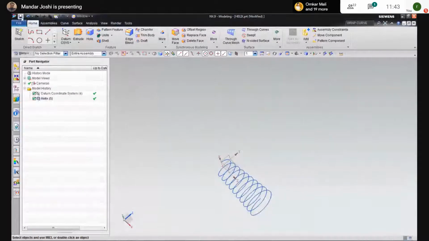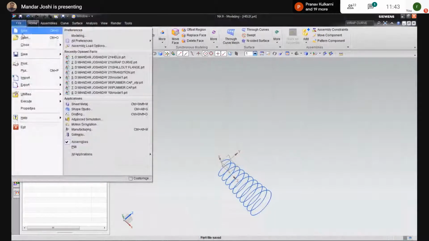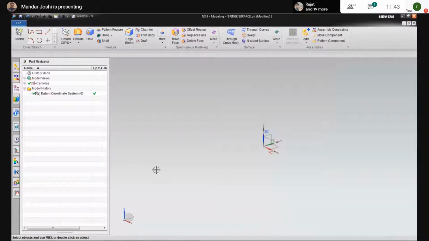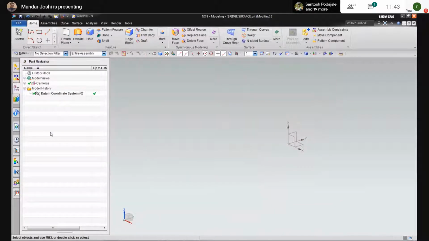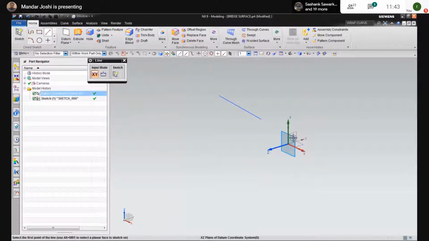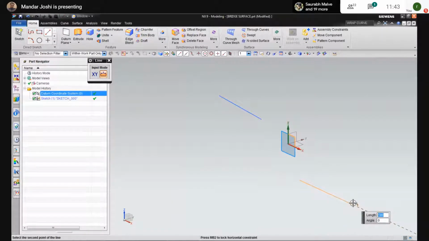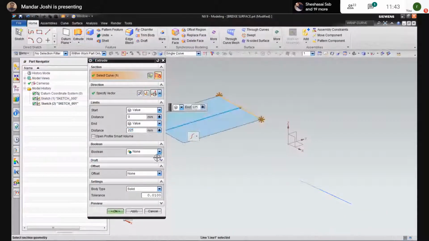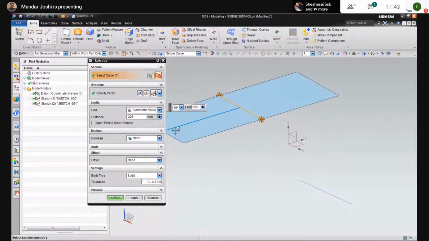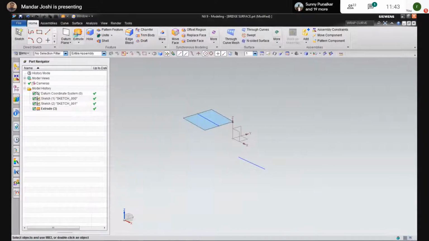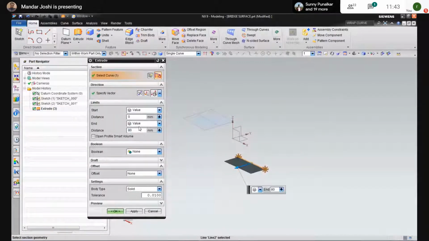So let's do that. Taking a new file and giving the command name bridge surface. There is one surface created here through the direct sketch methodology. For the second surface, I want it on this side. Use this extrude to build the surface. Symmetrical value, the distance I'm taking is 80. Again extrude this surface, the distance symmetrically.